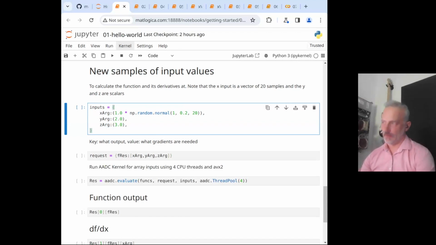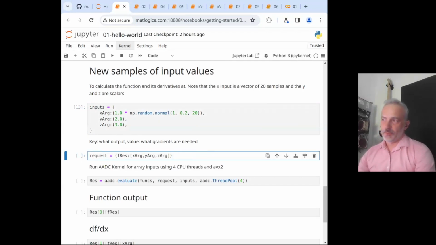We can run it for many samples. And this is a situation very common in finance, right? You want to run the same valuations over and over again for multiple inputs. It could be what-if analysis, it could be Monte Carlo simulations, it could be historical VaR. But essentially, we recorded one evaluation graph, and now we're preparing vectorized inputs to run more samples. And this is what you see here. So for x, we're going to provide a random vector of length 20. And for y and z, we're going to use scalar data.